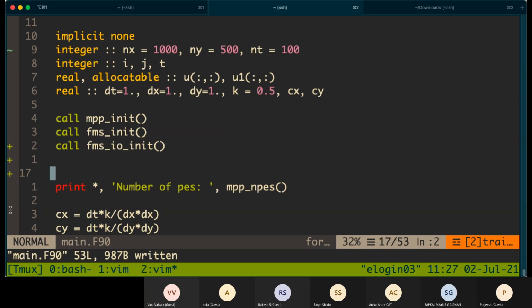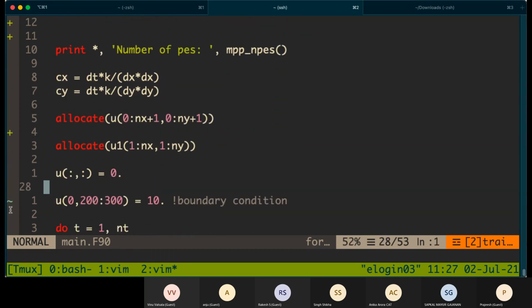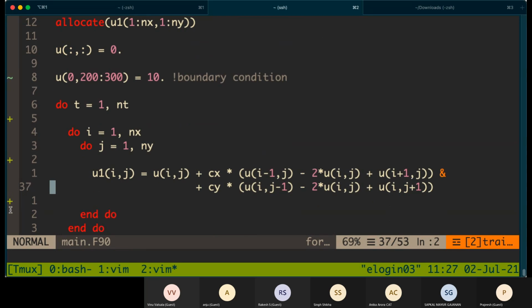Apart from just decomposing this domain, we also need to do something called domain update. Why that is needed, we can see from this particular equation here. As I said, at any given time step, at any given point, for the solution we need all the neighboring points, right?